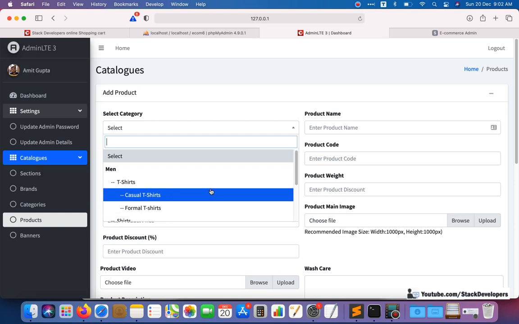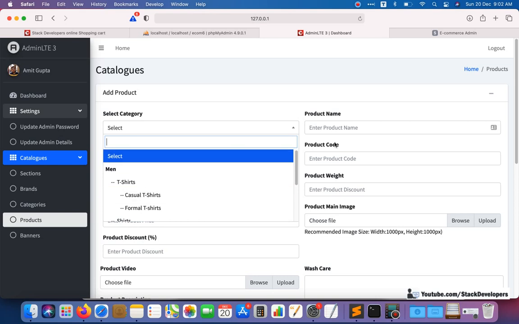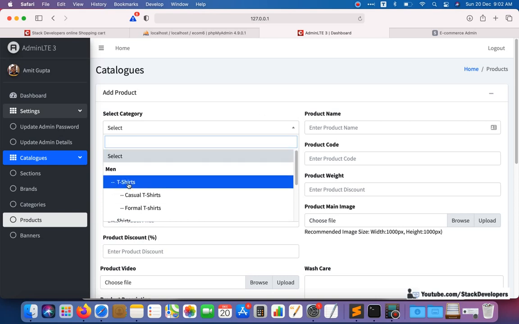You can give the choice to the user. For some particular category, like if you just want to add the coupon for the t-shirts category, you can make the coupon like t-shirt 10. If you want to give a 10% discount on shirts or t-shirts, then you select only the t-shirts category, and the user can avail that coupon only for t-shirt products, and it can't be availed for any other product.